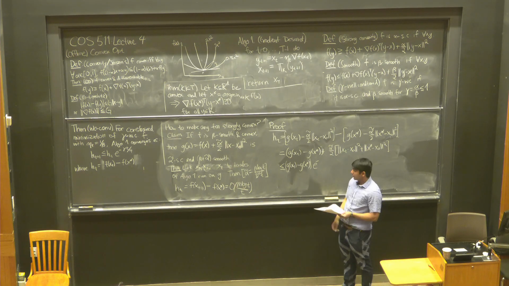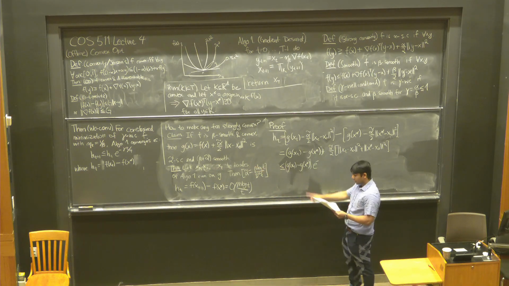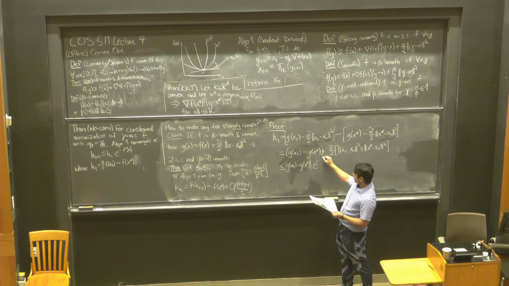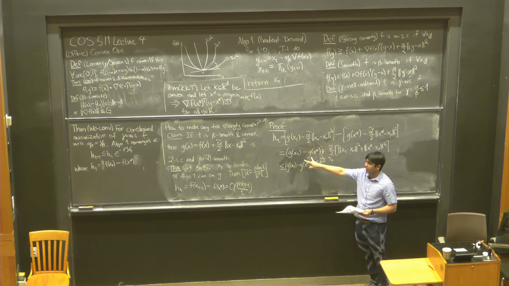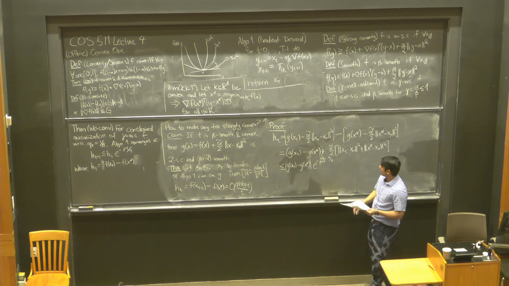Well, for g, it's alpha strongly convex and beta plus alpha smooth. So it's alpha over beta plus alpha well conditioned times t over 4. So now this is just me using the guarantee of that well-conditioned convergence theorem. Now this other term,